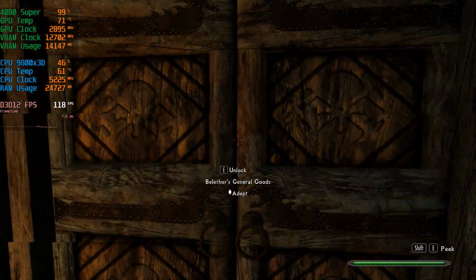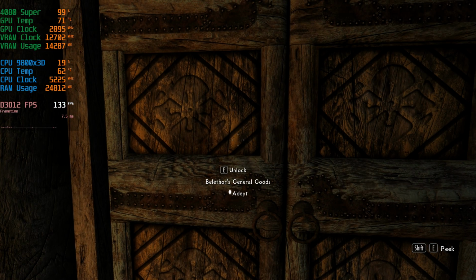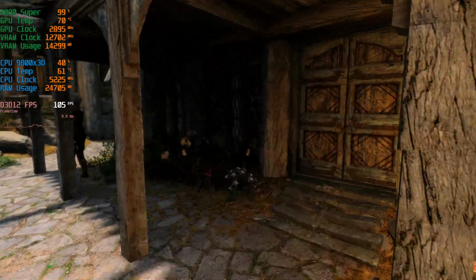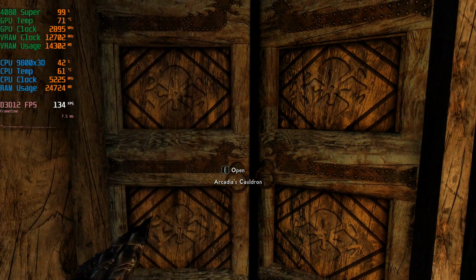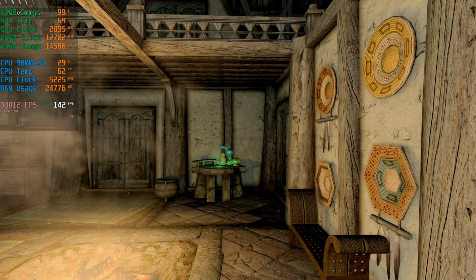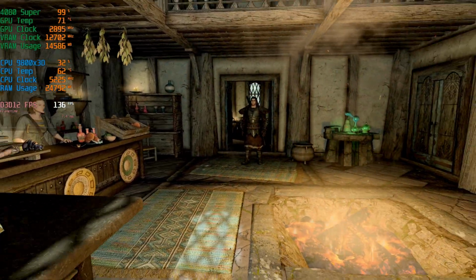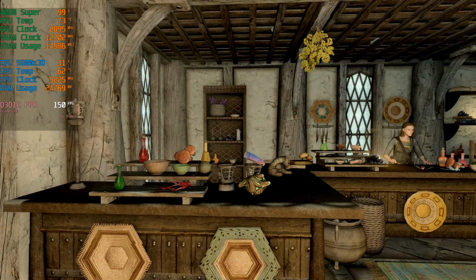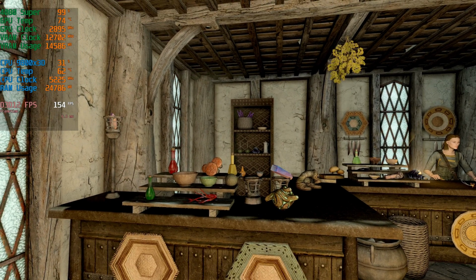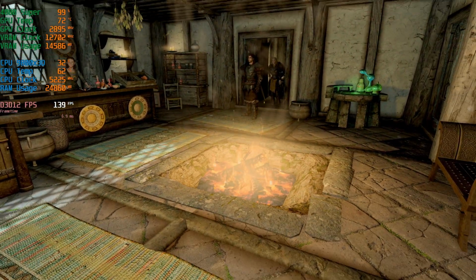And let's check out a shop real quick. Oh. Unlock. Is he really not here? Alright, we'll go to Arcadia's. Bellathor, man. Was he hungover or something? Alright, so whoa, okay. Looking at certain areas of this shop, I'm getting about 150. 154. And then obviously when I start looking at assets like the fire,